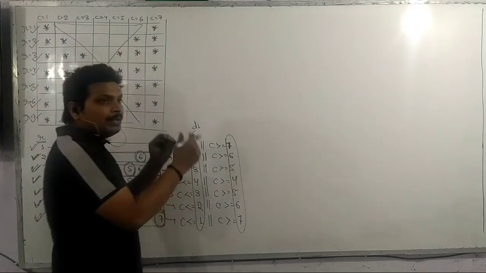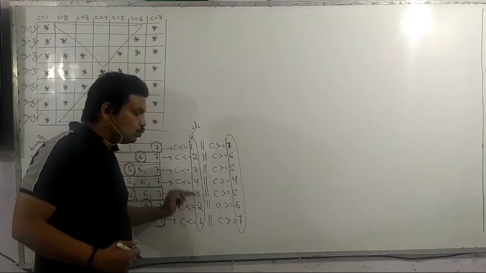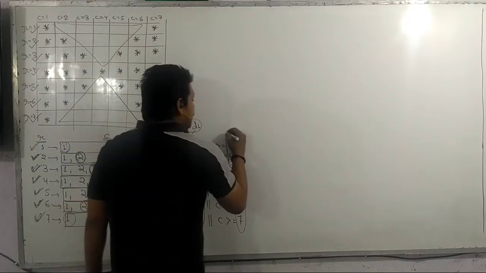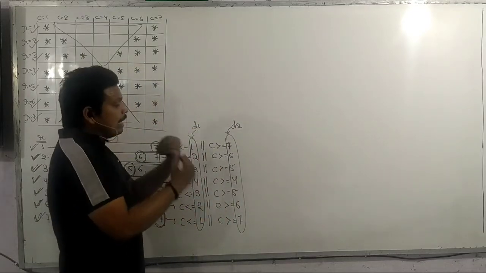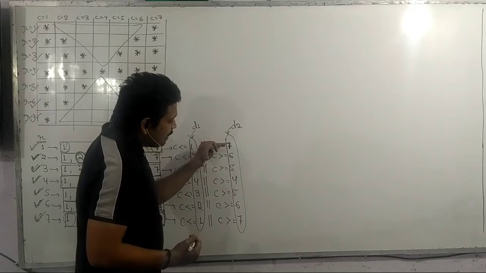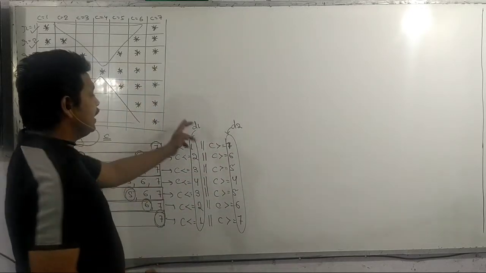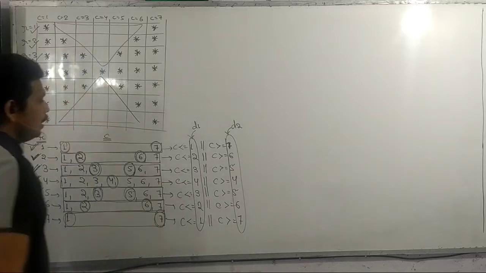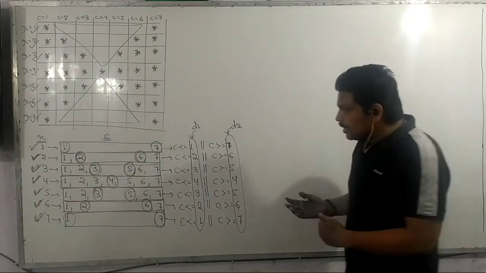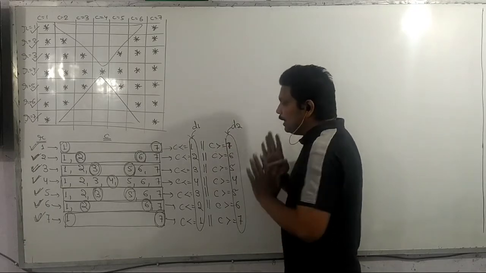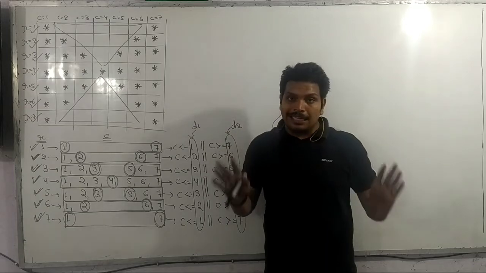Okay, so D1 will be the variable which will give me the values 1, 2, 3, 4, 3, 2, 1. Okay, and I will take another variable D2 which will generate the values for me. The values will be 7, 6, 5, 4, 5, 6, 7. Clear? Okay, D1, D2 variable. Now it is the time to observe the values of D1 and D2. We have found the condition in which the stars are getting printed.